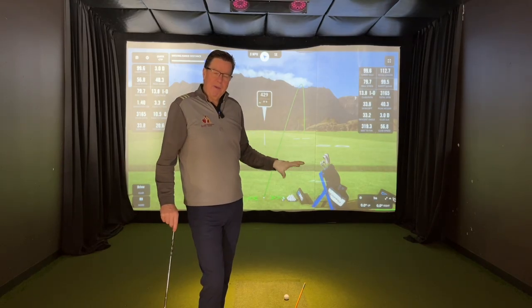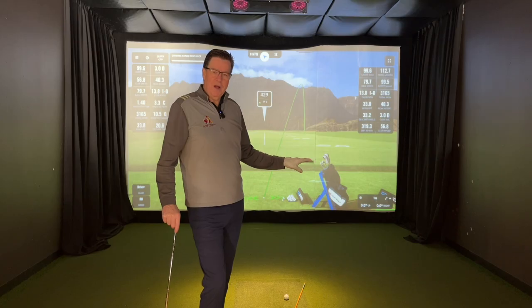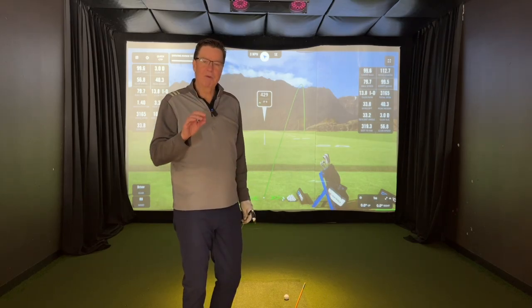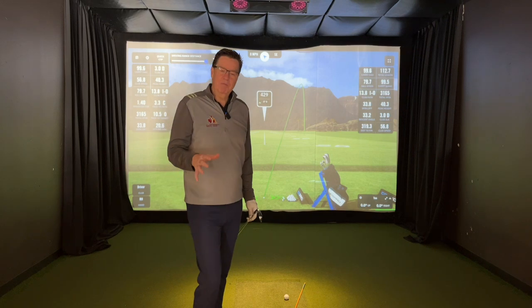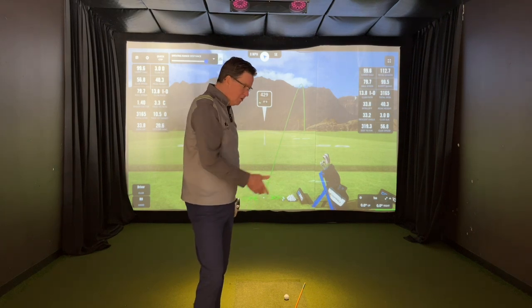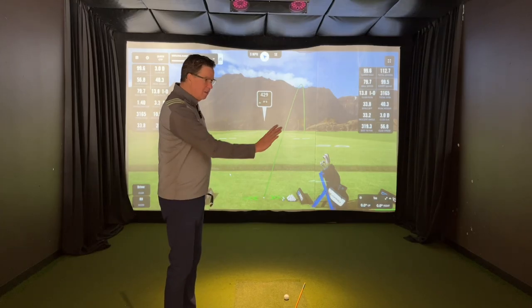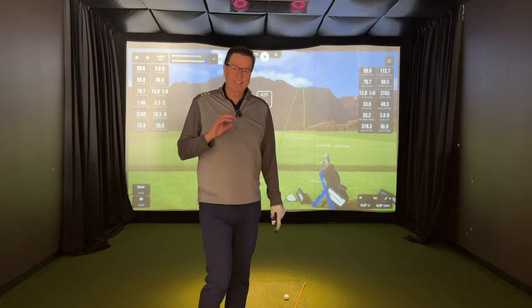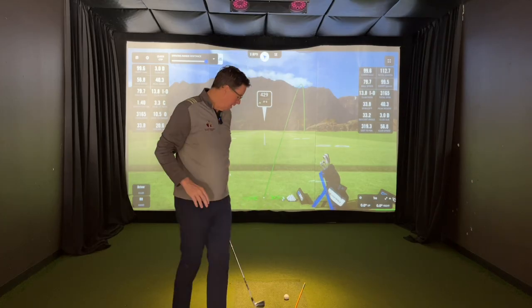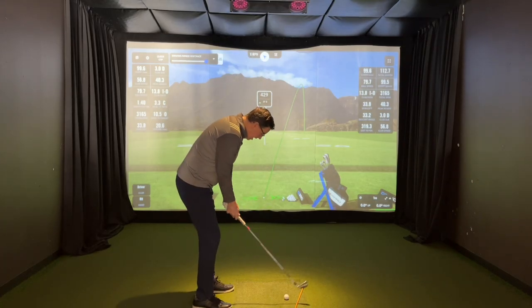Now, if I make a pattern change and I don't see the ball flight I want, it's because there is another pattern change that has to come after it, and that would be club face. And we're not dealing with club face here. We're dealing with swing path. So, started outside in, now gets the feeling of inside out. And I want that student to stay with that and just hit balls and have them all go over to the right. Each time they look down the line and they go